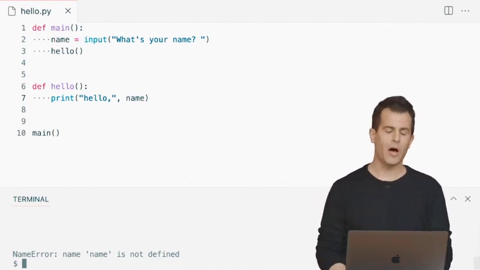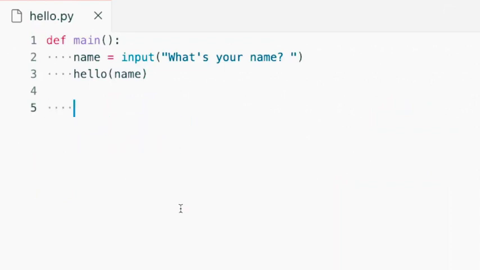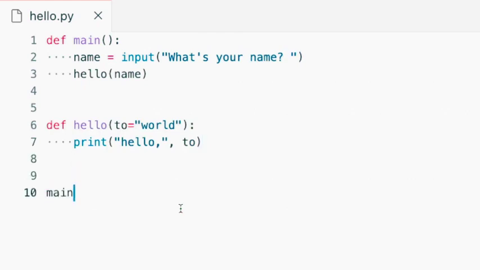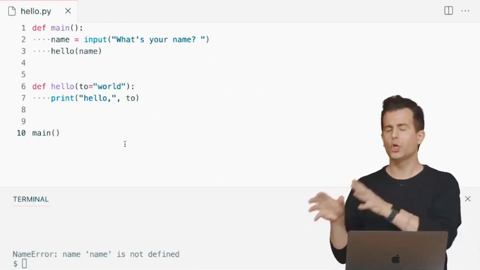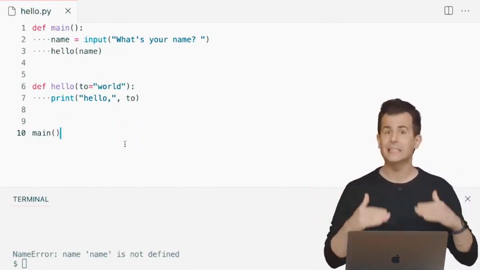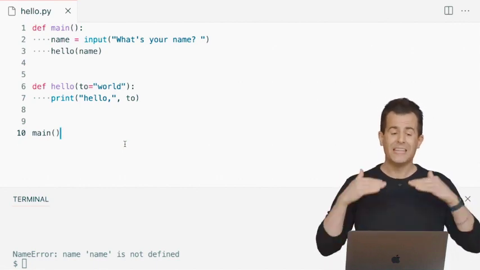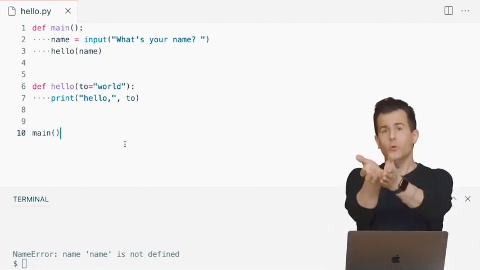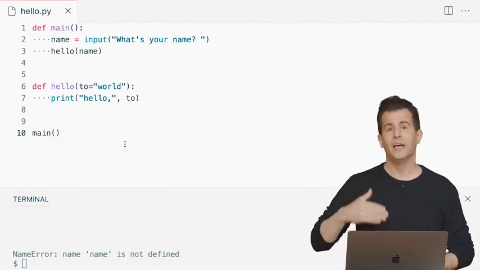And so this is why now, if I rewind and undo all of those changes, you'll see that I'm deliberately passing name from my main function into my hello function. And now in the hello function, it technically has a different name. It's called to in that context, but that's fine. It's completely up to each individual function to name its own variables or name its own arguments. But this is a way now that I'm handing to the hello function the value of that variable so it can be printed by hello as well.